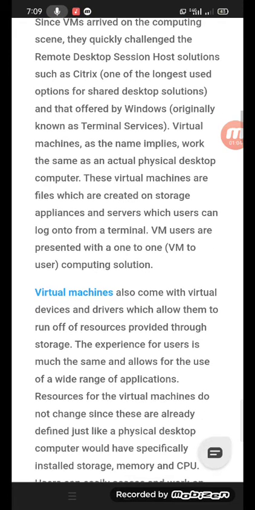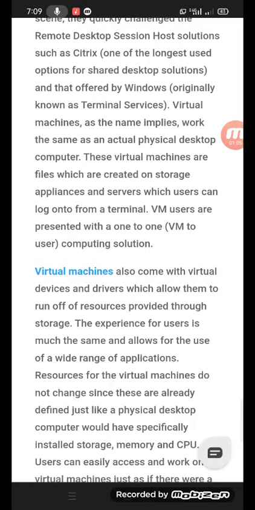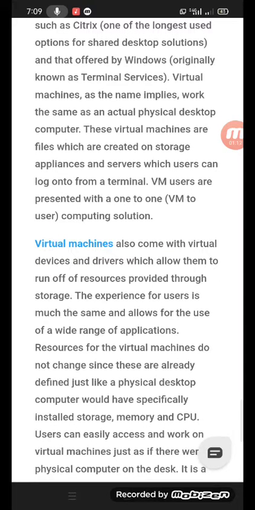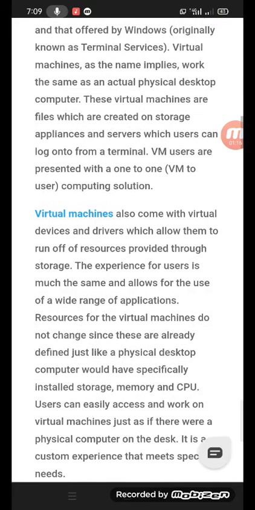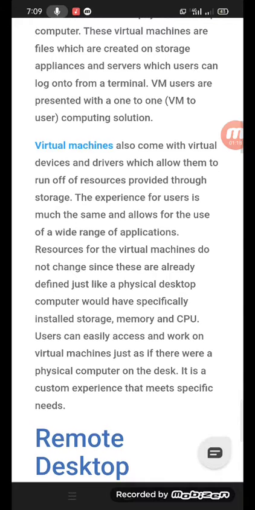applicants and servers, which users can log on to from a terminal VM. Users are presented with a one-on-one VM to user computer solution. Virtual machines also come with virtual devices and drivers,